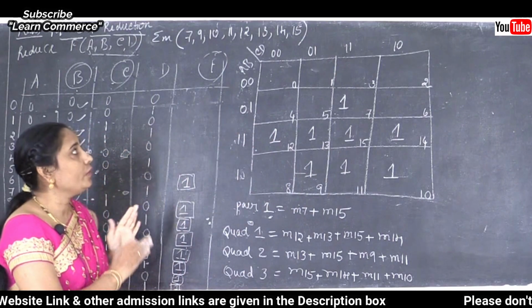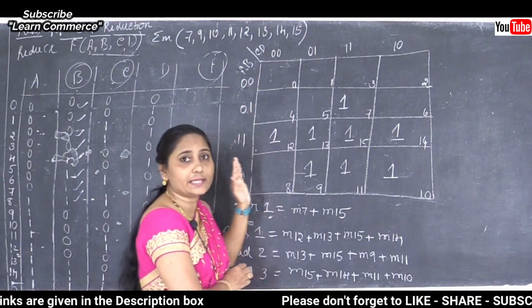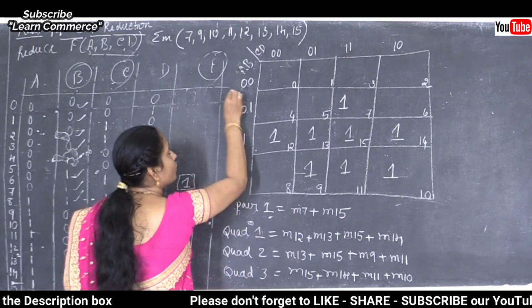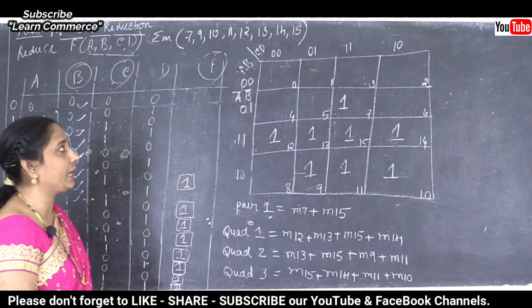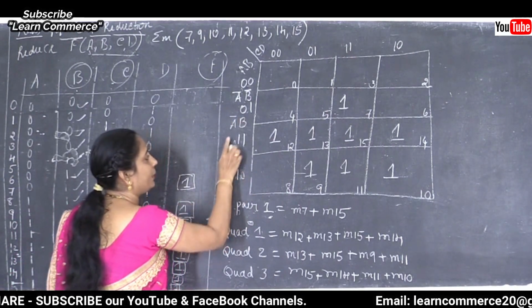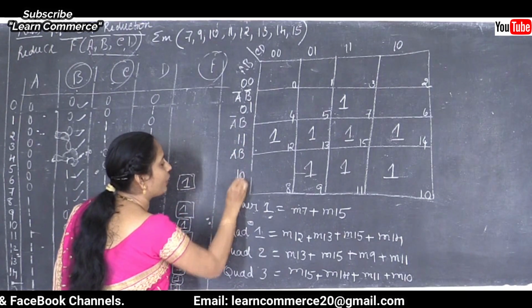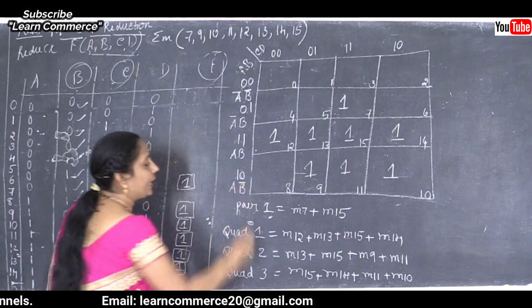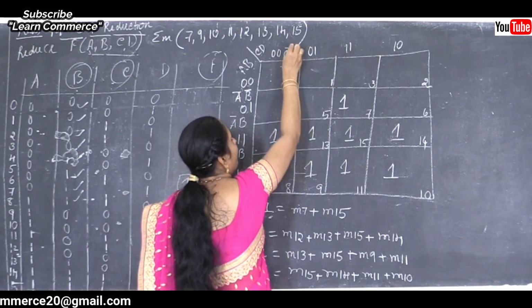This is the AB set and this one is the CD set. Wherever the value 0 is there, I am going to use the complement. First, complement A, complement B. Second, complement A, just B. Third, A, B. And the fourth one is A and complement B. And next one is complement C, complement D.